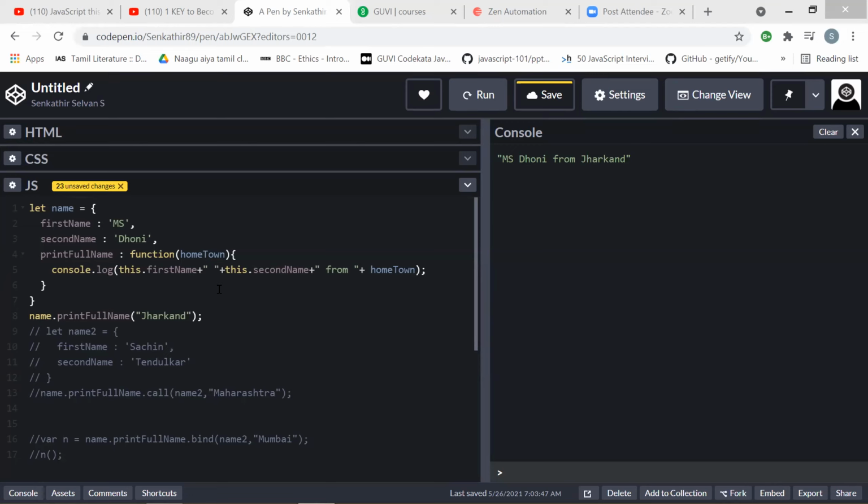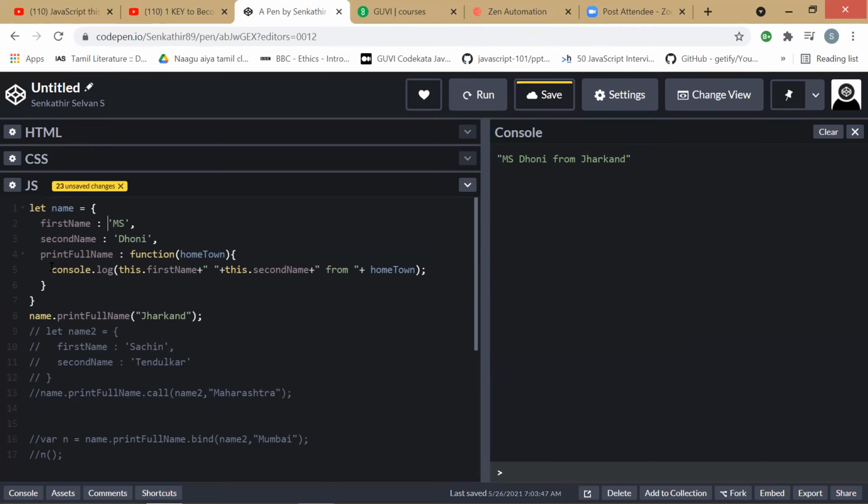So we have created an object. The first element is first name, it is MS. The second name is Dhoni. Now we want to print the full name, so we are using a method.